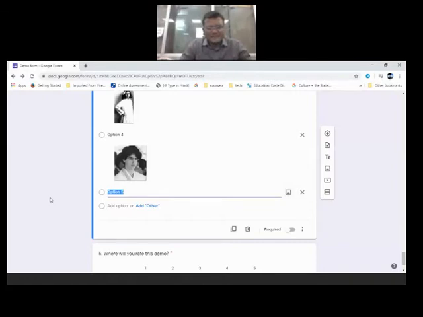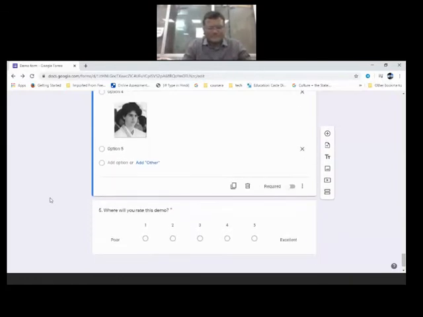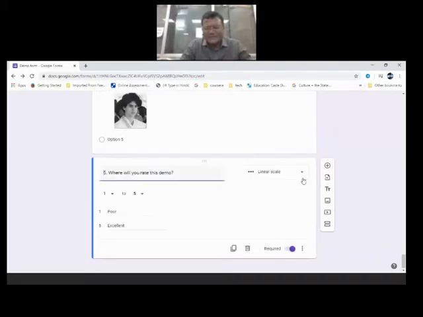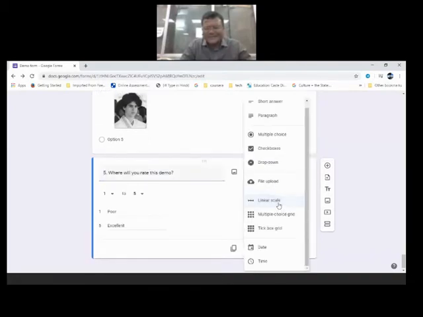And lastly, I ask one more question. How will you rate this demo? Now this is a Likert scale. For example, this linear scale. Multiple choice grid we already used, and tick box also.